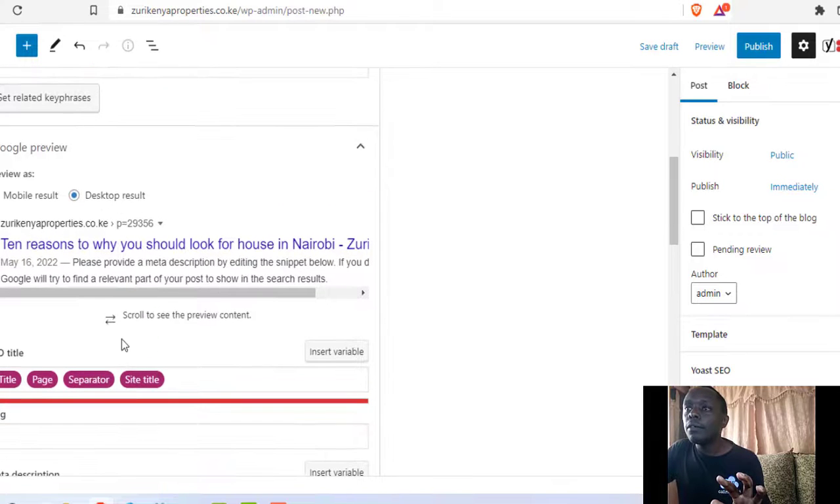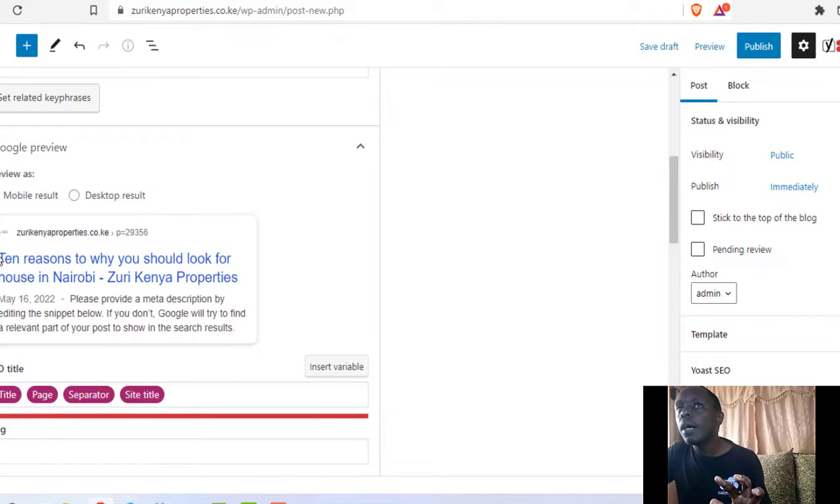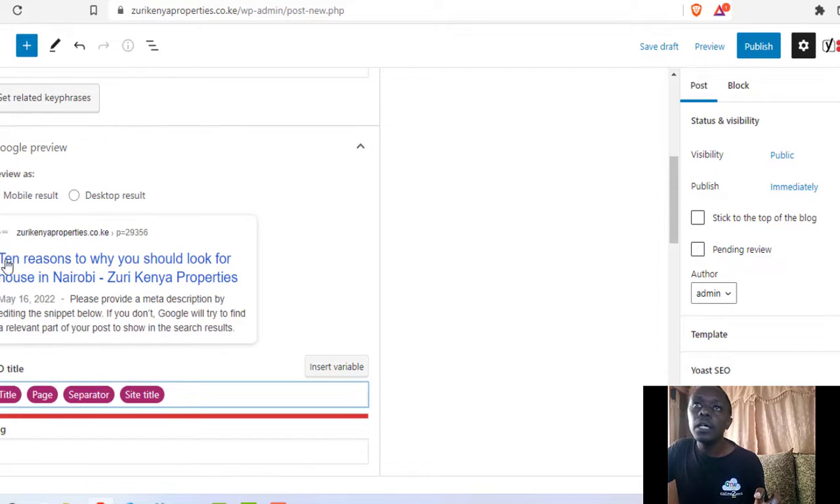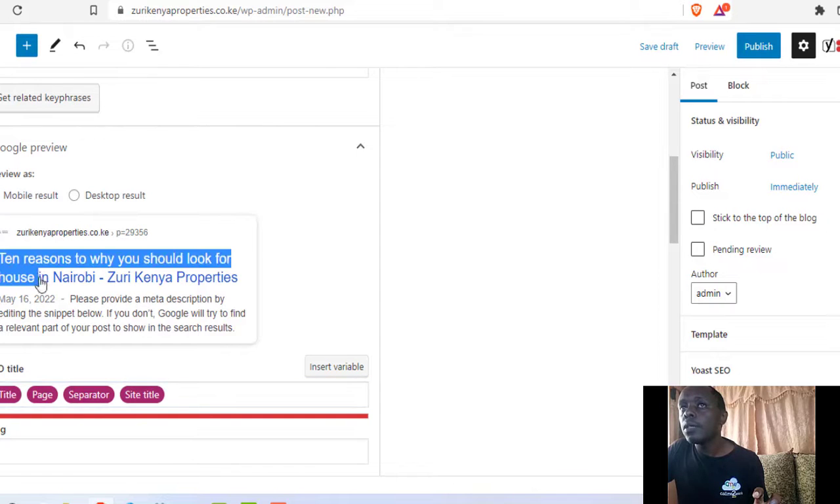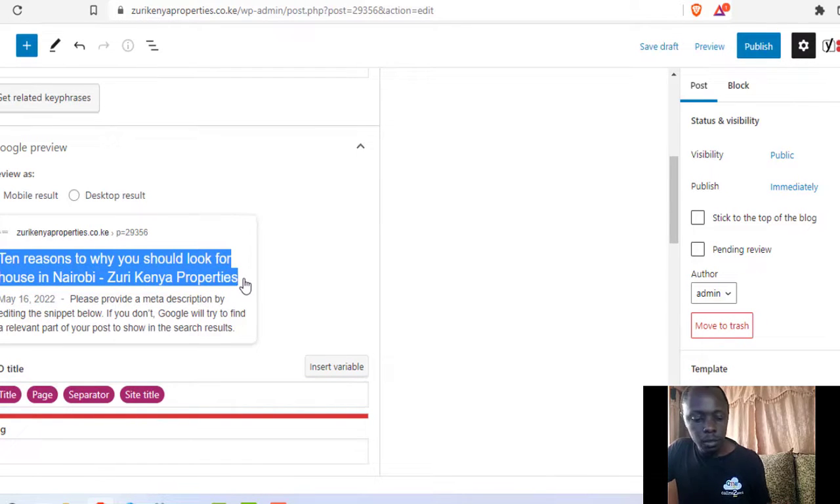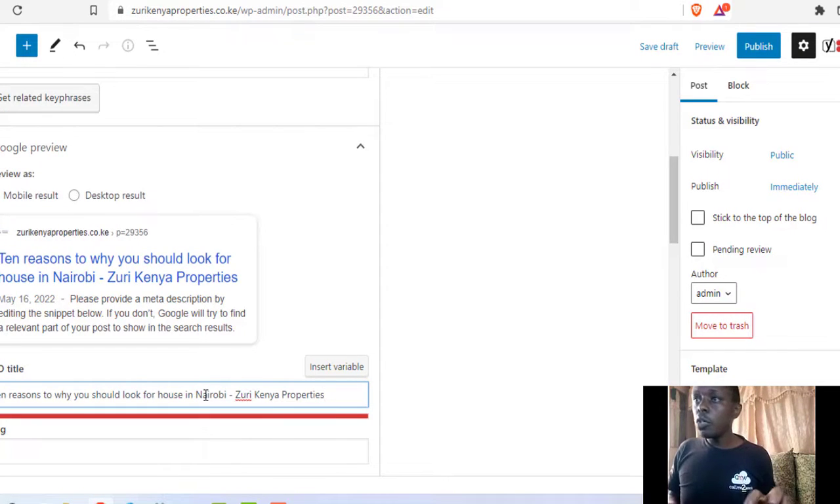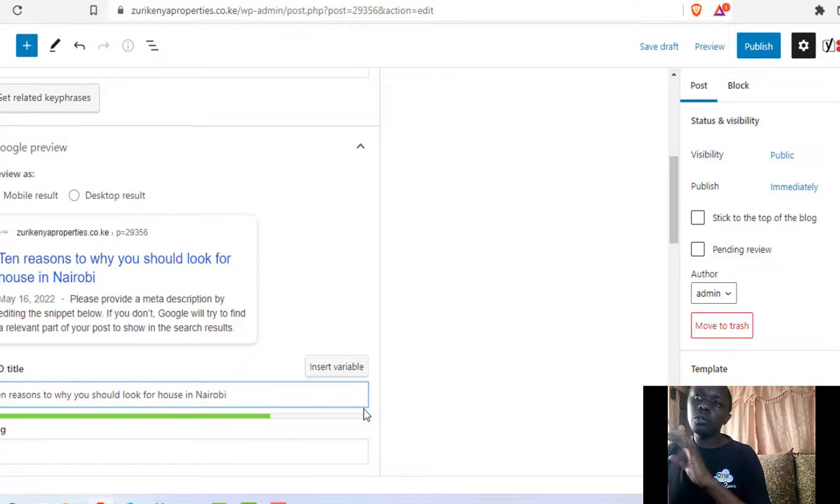But now let's scroll and see the concept. That is how it looks in a mobile view. So you can copy that content. This is how we expect it to look. Control C, and you put it on your SEO title. Though it shows you it is too long, so you can decide to remove the rest so that it